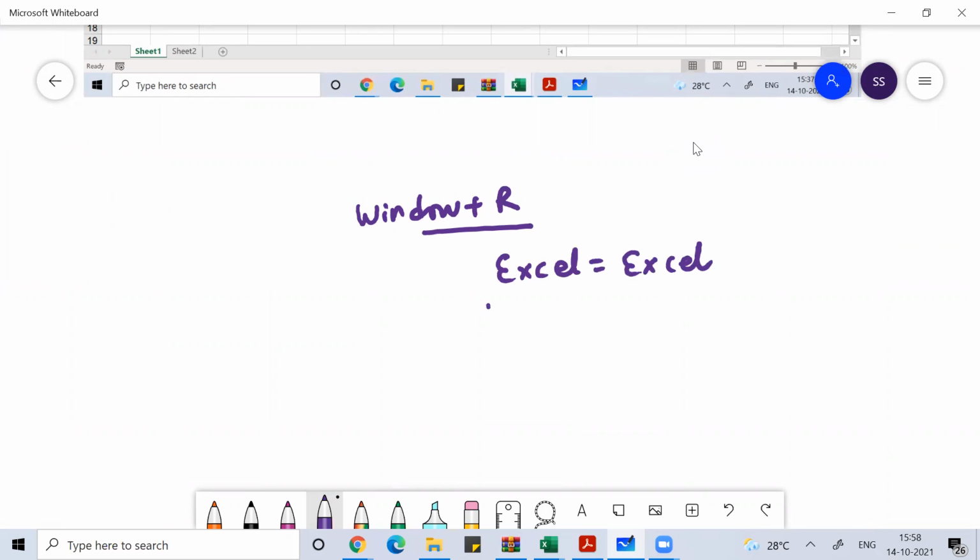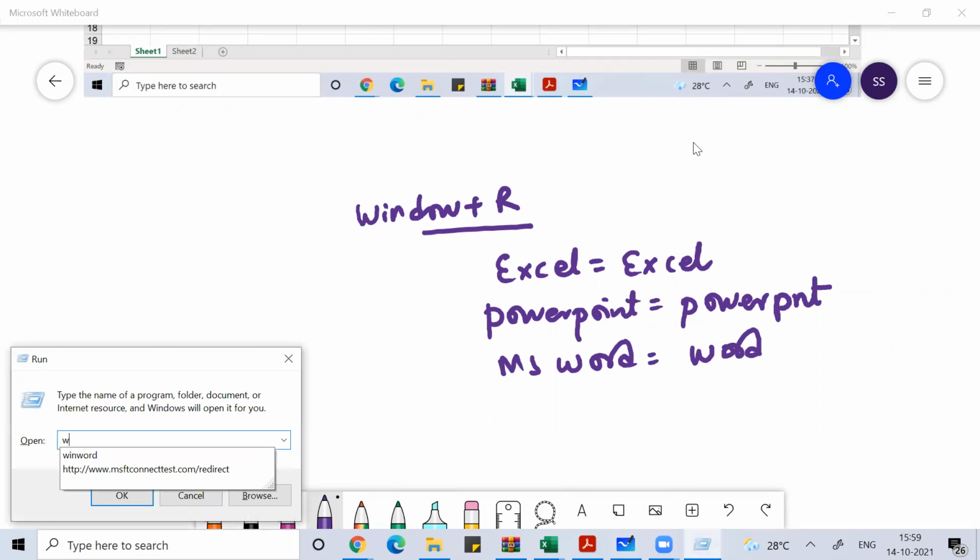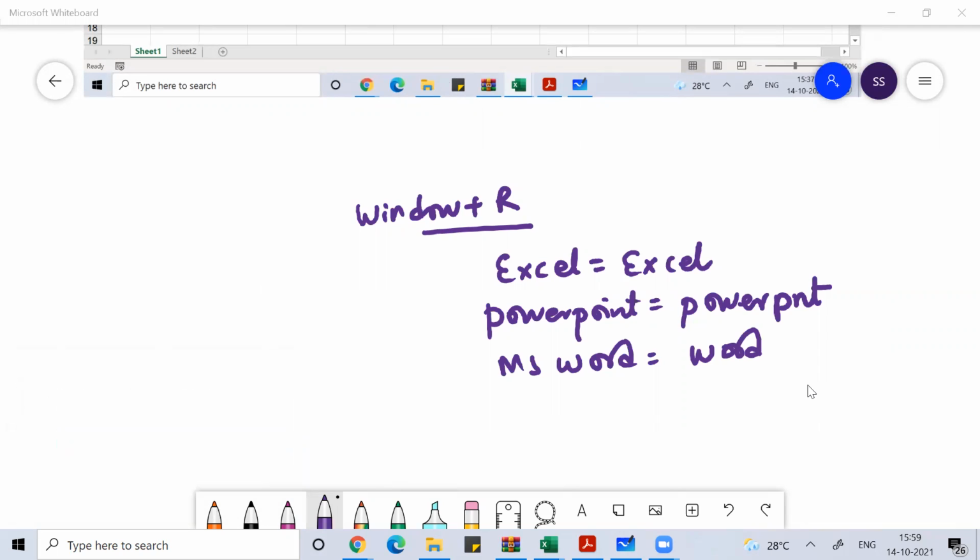If you want to open a PowerPoint presentation, you write POWERPNT, and for opening MS Word, you can use WinWord.